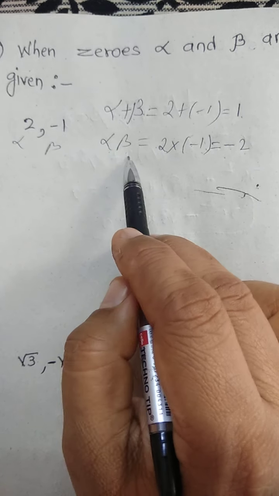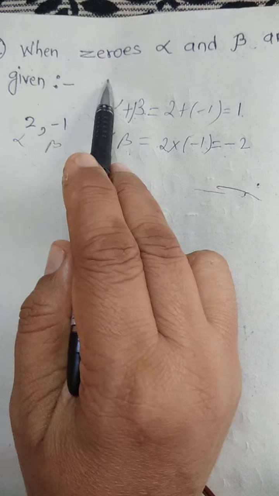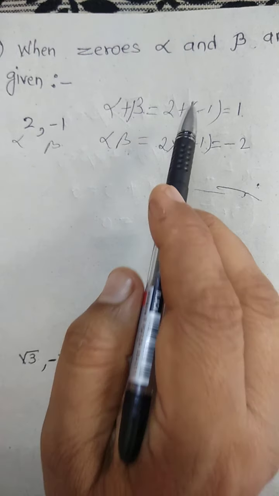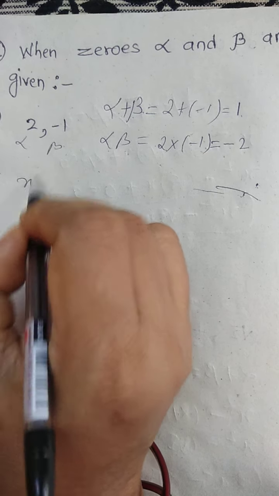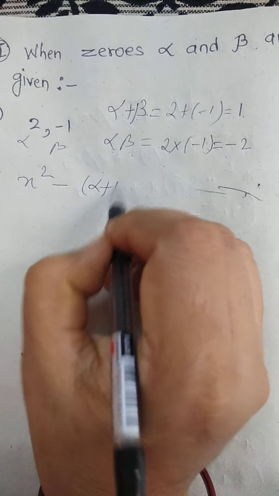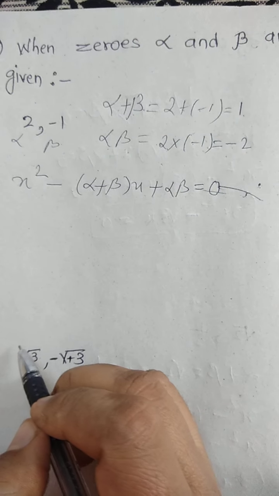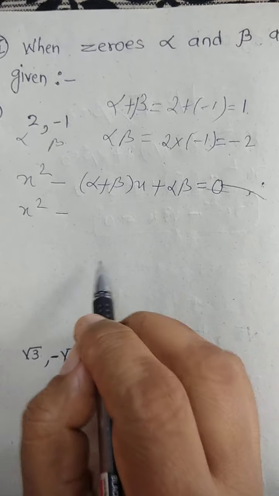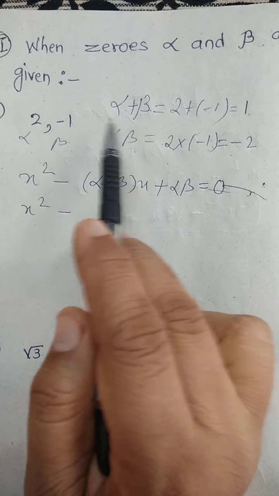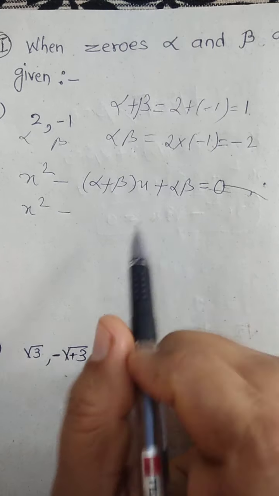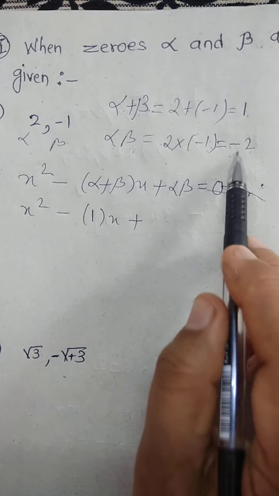Why are we finding the sum and product of roots here? Because they have given alpha beta values here. Okay, zeros are given. If zeros are given, we have to find the sum of root and product of roots. Then we have to write the formula: x square minus sum of roots x plus product of roots equal to 0. So x square minus, alpha plus beta is 1. See here, we have found alpha plus beta is 1, 1x plus alpha into beta is minus 2